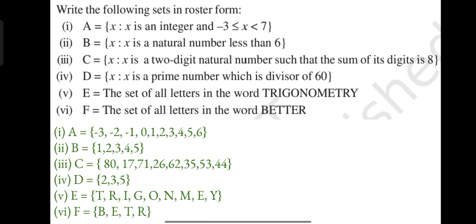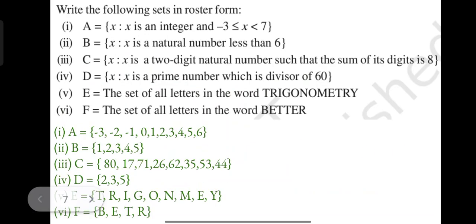Okay, sorry, greater than or equal to minus 3. Minus 3 should be the starting number. Then minus 3, minus 2, minus 1, 0, 1, 2, 3, 4, 5, 6, 7, 8. We cannot write that much. We can't write up to 8, 10, 100, etc. Since it is specified that the number we are writing should be less than 7. Okay, that means it should be 6.5, isn't it? No, because it has specified that it should be an integer. That means less than 7 means it should be up to 6. Okay, so our set becomes minus 3 to 6.